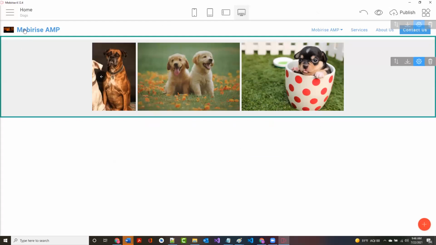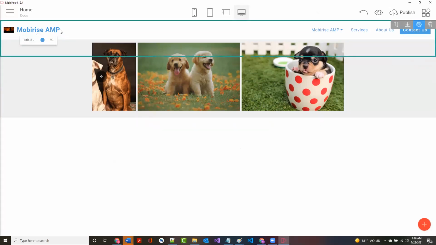All right. And I don't like this text that's here. It's kind of silly. So I'm going to click on it and then just start to remove it. So I click on it and I just start to hit my backspace key. And I'm going to call this my dog's website. That's it. So I showed you very quickly how you can go in and change the logo that's here and how you can change the text. All right. Well, let's take a look at what else is here.